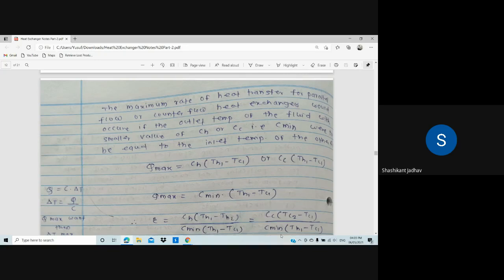Therefore effectiveness is equal to CH into bracket TH1 minus TH2, divided by C minimum into bracket TH1 minus TC1, is equal to CC into bracket TC2 minus TC1,